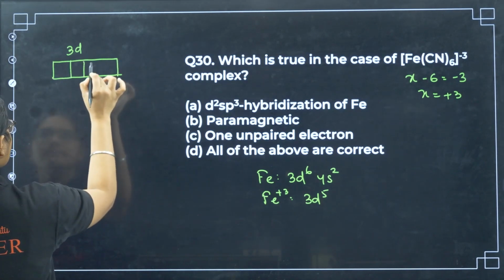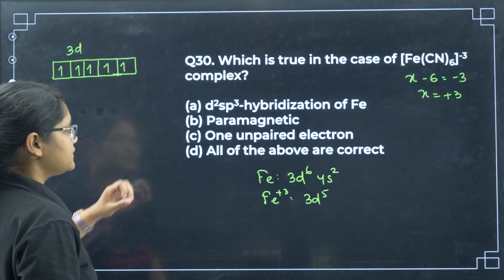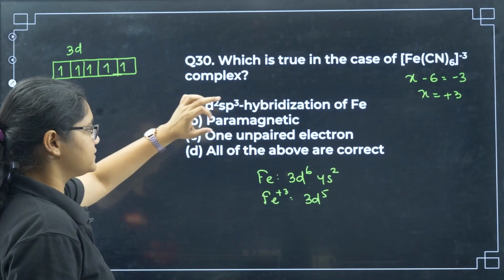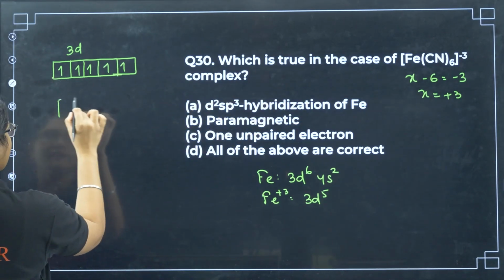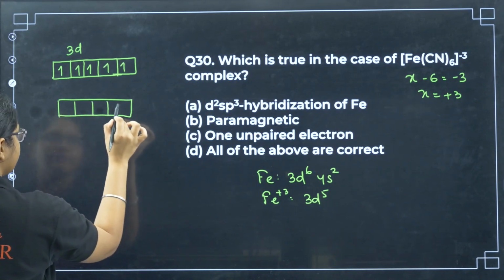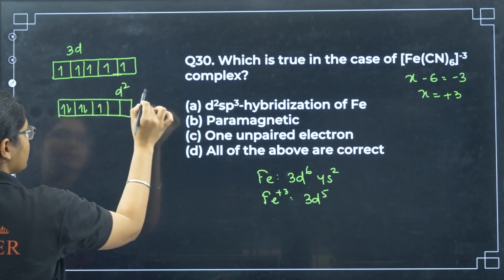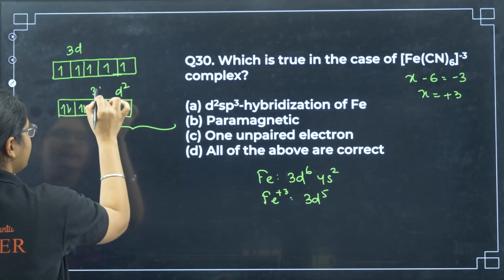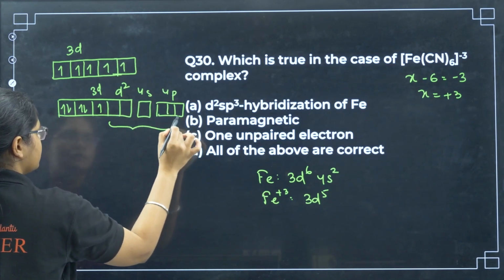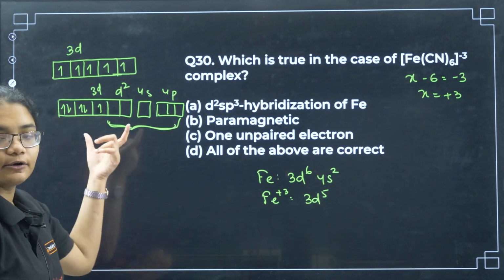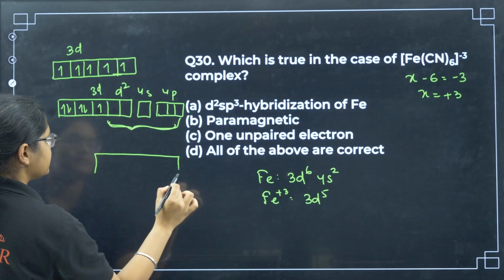Now if I draw this 3d5 configuration, yes, 3d5 configuration is there, and I want 6 empty orbitals. So CN is a very strong field ligand, so what will happen? There will be pairing of electrons, so I can pair up these 5 electrons like this, 1, 2, 3, 4 and 5. Next I will have d2 on this side, and then this is your 3d, and 4s and 4p. These will combine to give you what? d2sp3 configuration. This will completely combine with each other, and I will get 6 new orbitals,